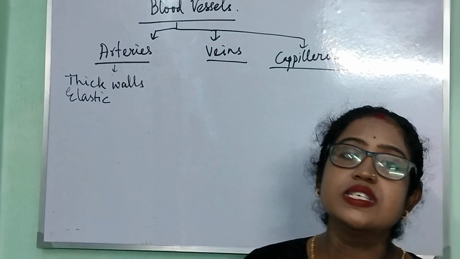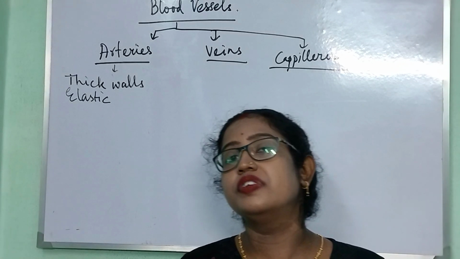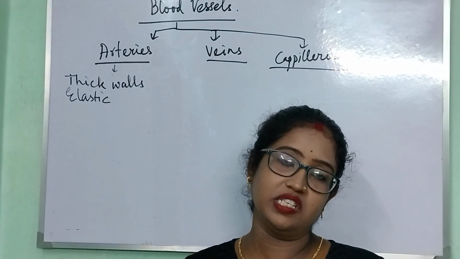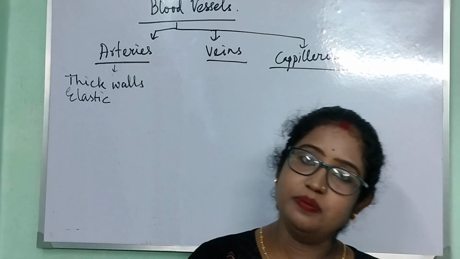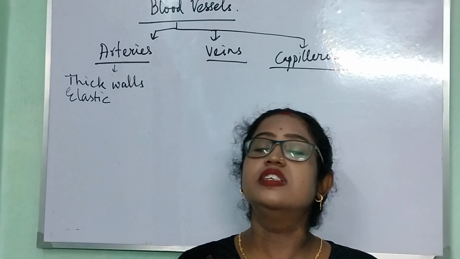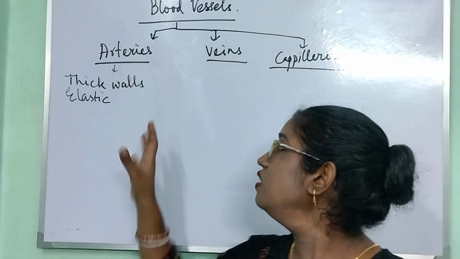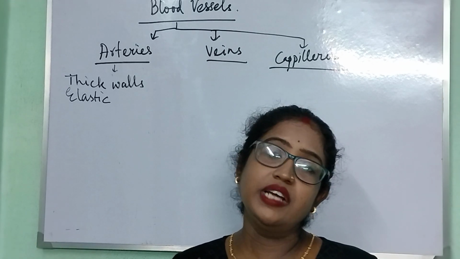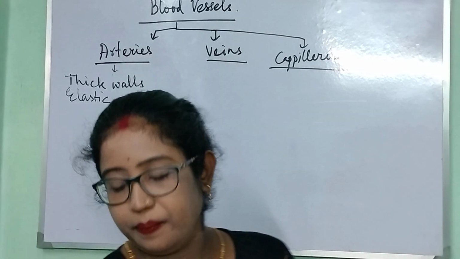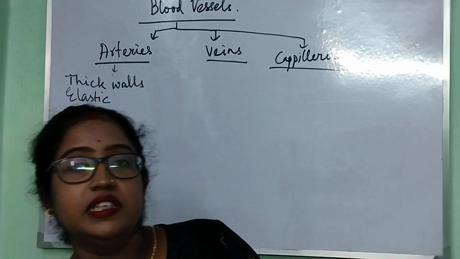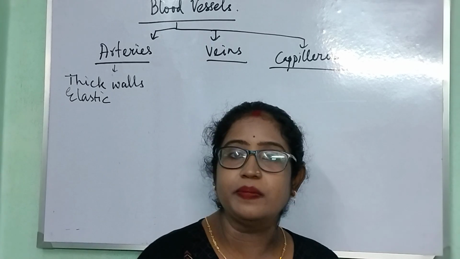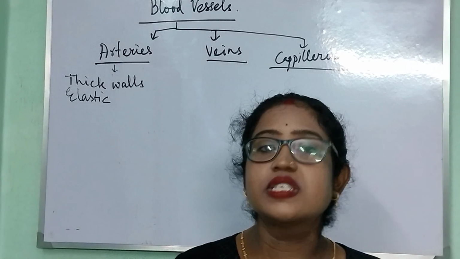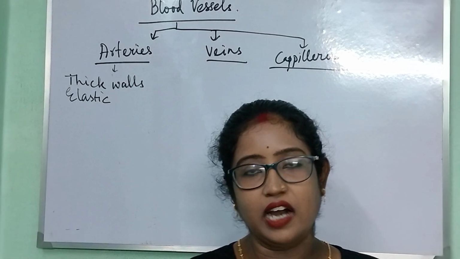Arteries carry the oxygenated blood from heart to different tissues, except the pulmonary artery, because the pulmonary artery carries the deoxygenated blood from the heart to the lungs. So mostly the arteries, except the pulmonary artery, contain the oxygenated blood, and the arteries actually are very deep in their existence, means they are located deep in our skin, except some of the superficial arteries that are present